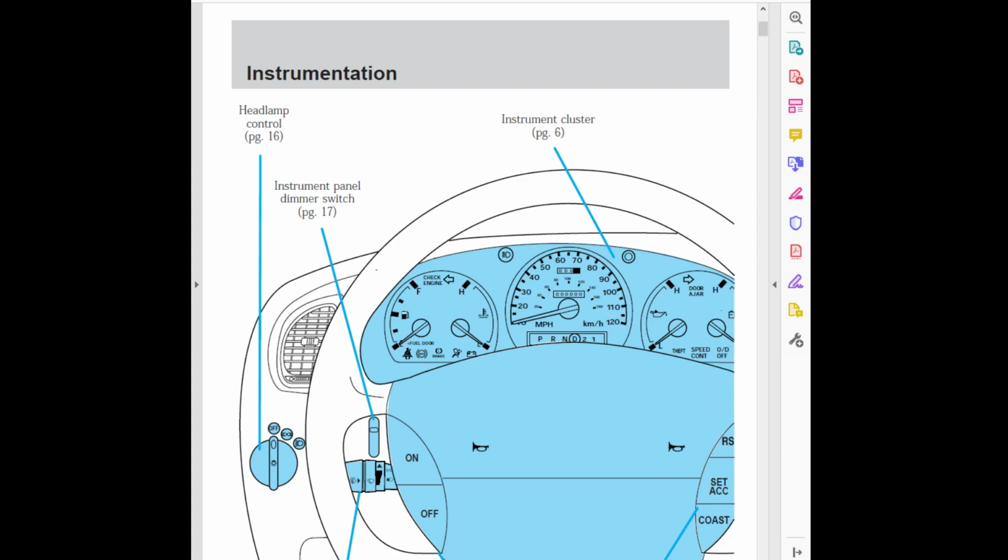Headlamp control, page 16. Instrument cluster, page 6. Instrument panel dimmer switch, page 17. Speed control, page 56. Driver